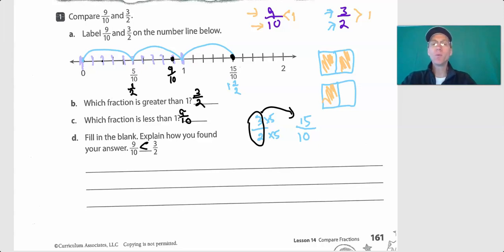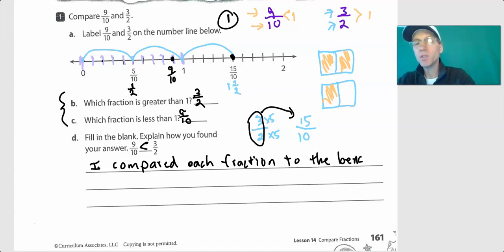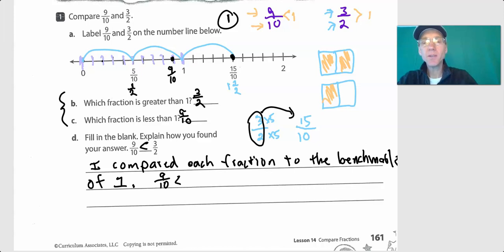Well, you have 3 ways. 1, we compared them up here. This is like sort of number 1. We compared them to a benchmark fraction of 1. Okay, and that's basically what they're asking you to do here. You can say, I compared each fraction to the benchmark, which is just a fancy name. Benchmark means the one you know, benchmark of 1. And you can just say 9/10 is less than 1,